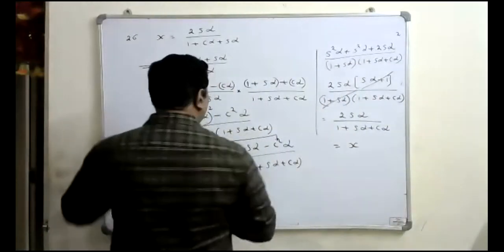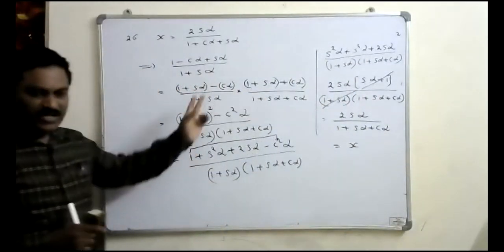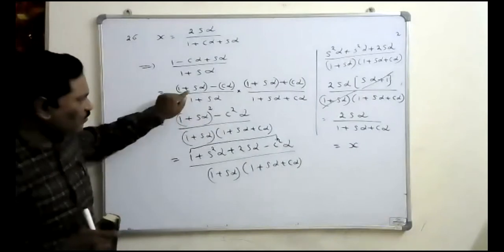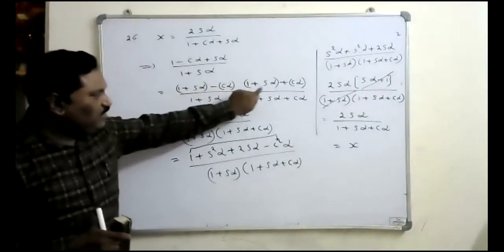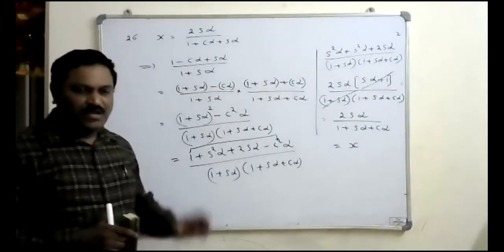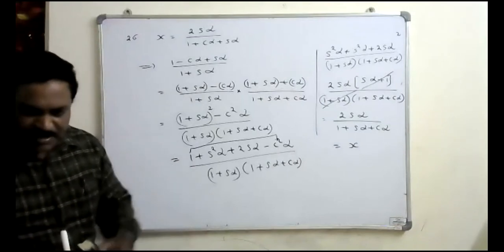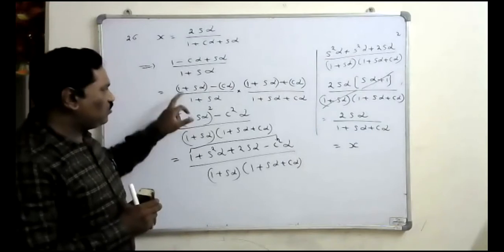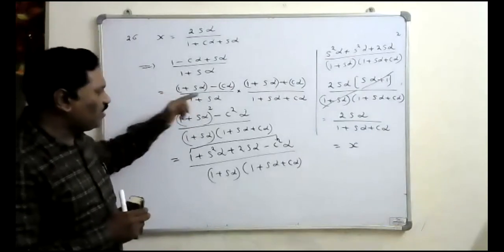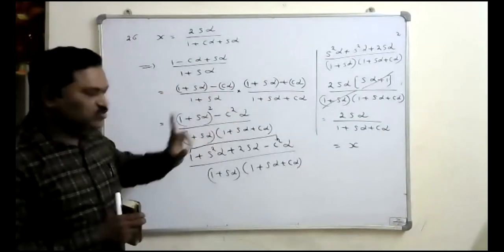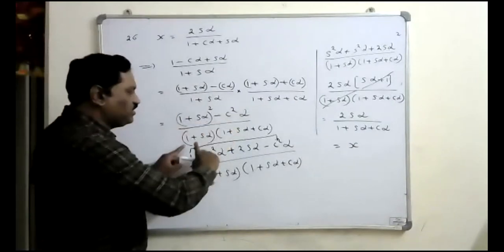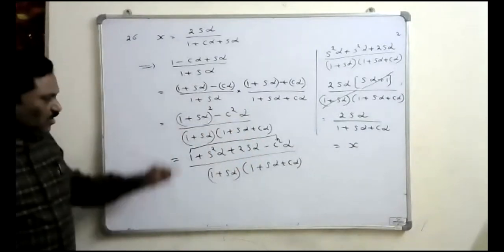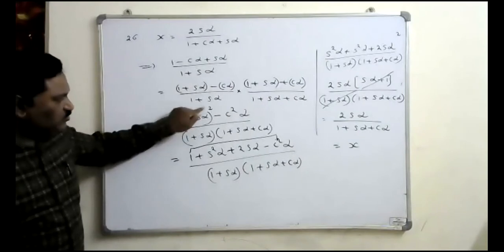वैसा किया तो न्यूमरेटर में देखो ये दोनों भी मल्टीप्लाई किया तो it is in the form of a minus b into a plus b, which is a square minus b square. A square ये बोले तो 1 plus sin alpha whole square, minus b square बोले तो cos square alpha. So denominator as it is लिखो. Okay. Now expand the numerator, a plus b whole square form.